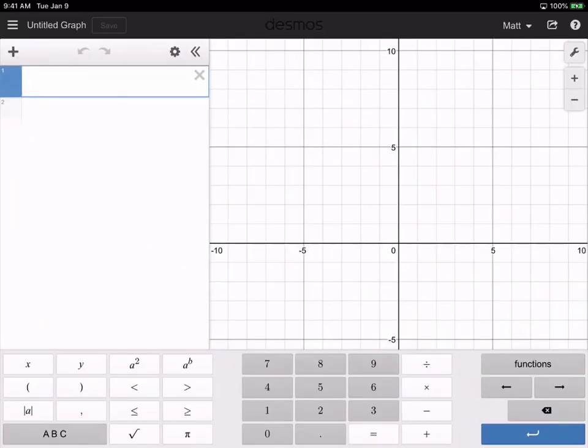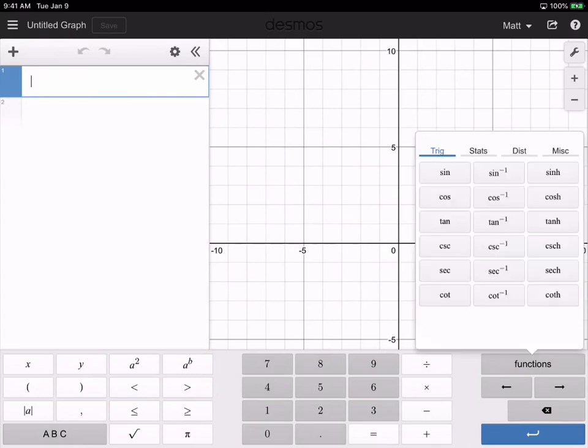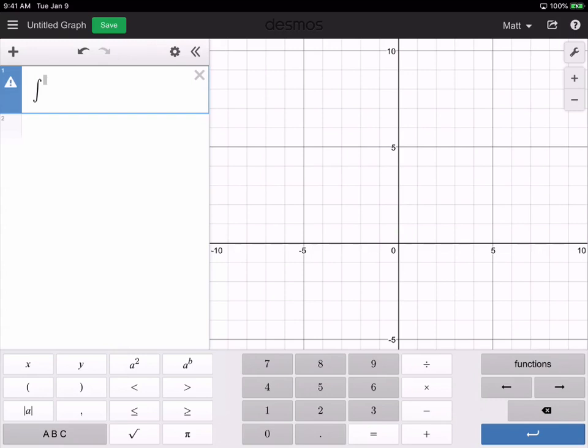So we can actually use Desmos to calculate this definite integral for us. If you hit functions and go to miscellaneous, then you get to the definite integral. So our first one is going to be negative 2, and it's going to go to 0. And then we can type in the definite integral we came up with. So that'll be 3x cubed minus x squared